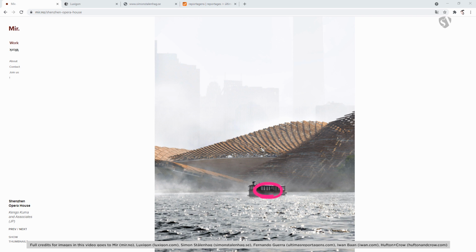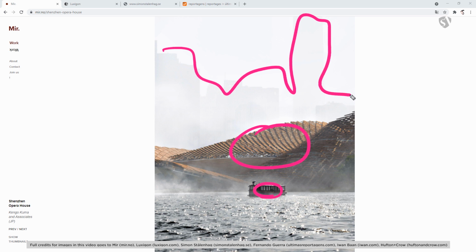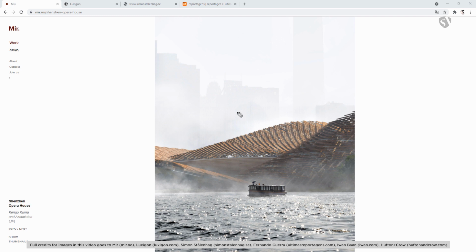So small, huge, and then boom, on the back we have something which is massive, right? But at the same time, because of the fog, because of the values, it's white and almost white here. You know, the importance,